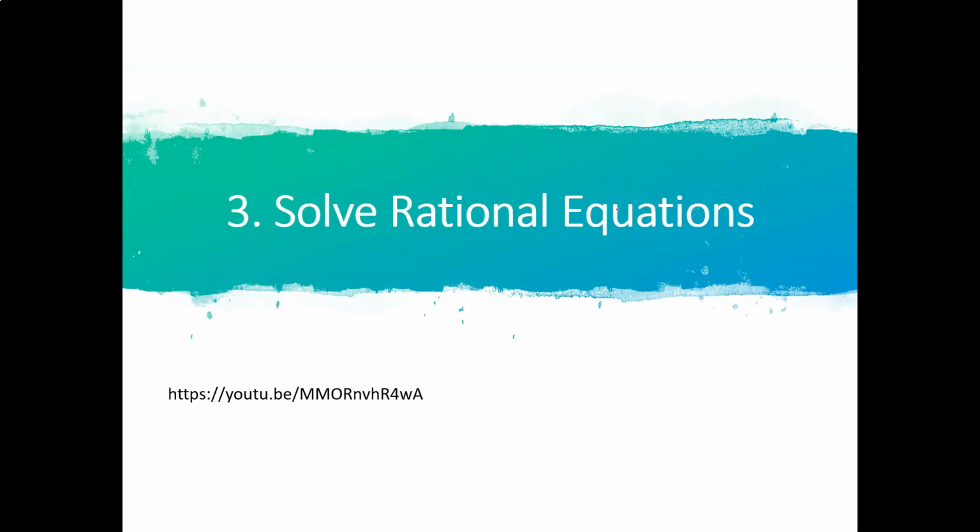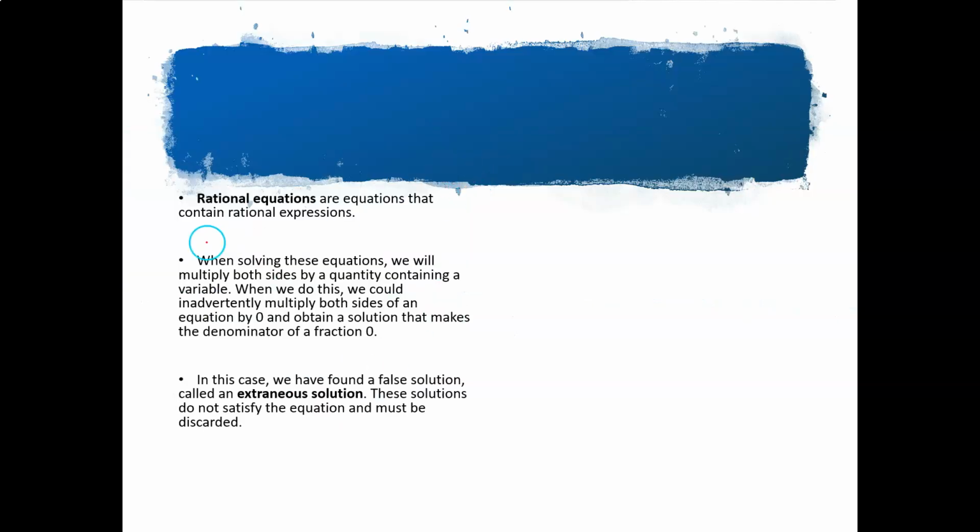Now we move on to the rational equations. Again, here has another external resource. You might want to watch it. Rational equations, that is the equation has a fraction, right? It's a fraction format. When we solve for the rational equation, we will multiply both sides by a quantity containing